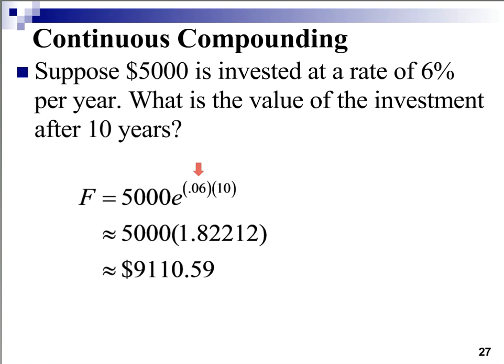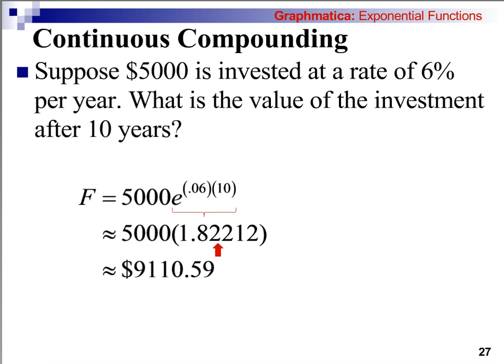So we start with the formula F is equal to P times e to the rt, and little r you see here is 0.06, so we plug that in, and the time is 10 years, so t is equal to 10. So if you wanted to check that you know how to use your e button on your calculator, you could try to compute e to the power 0.06 times 10, or e to the 0.6. When you do that, you should get approximately